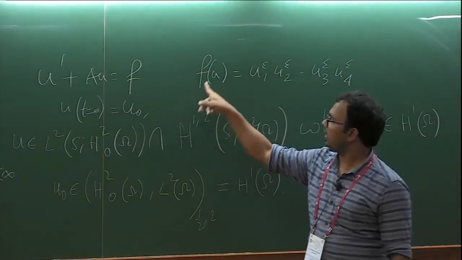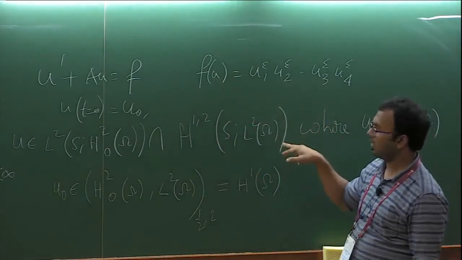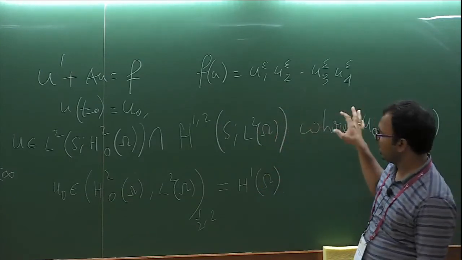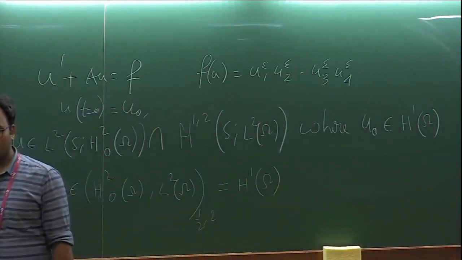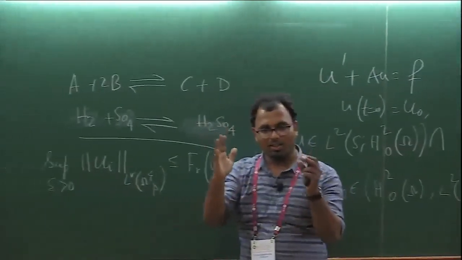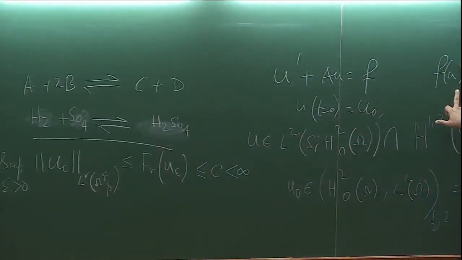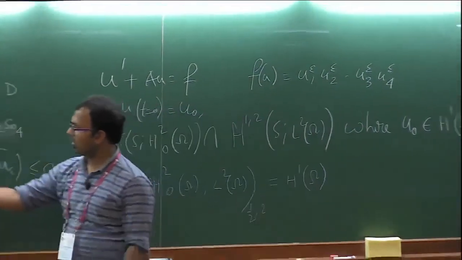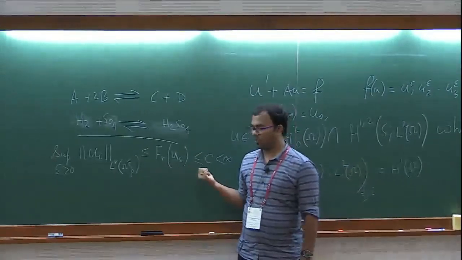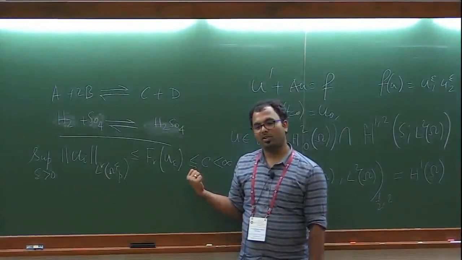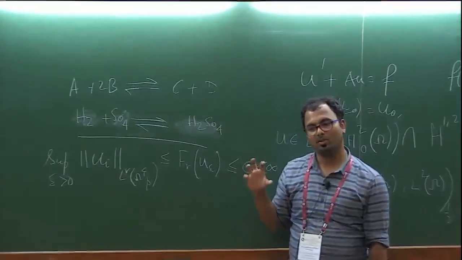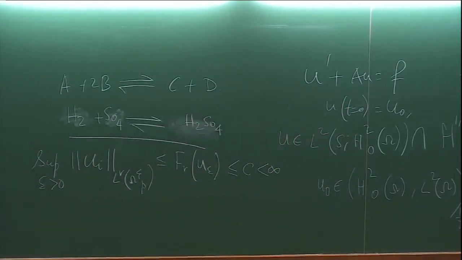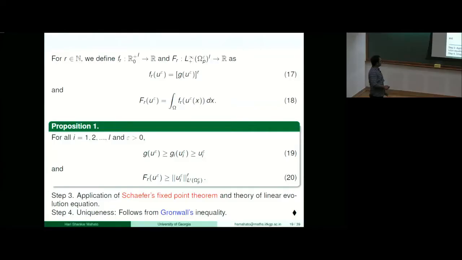Right? So you can take the L2 norm here, then you can use Holder's inequality again, and you'll end up with something like L3 by 4. Then you choose your R as large as you please so that you can make the whole reaction rate term bounded in any LP space you want. So if we can show that the u_i's are bounded by some Lyapunov functional, which is bounded by some constant C, we can control the highly nonlinear reaction rate term. We'll have a good grip on that term. And that was the overall idea, to obtain an upper bound for this FR.